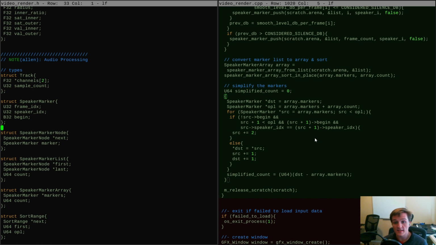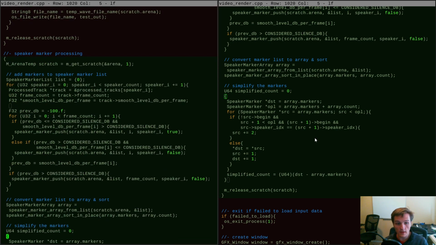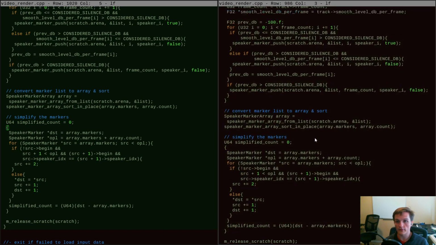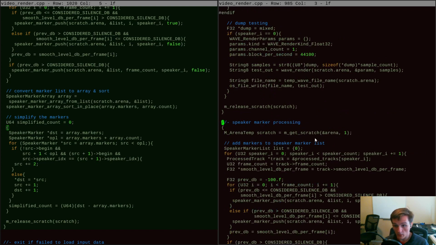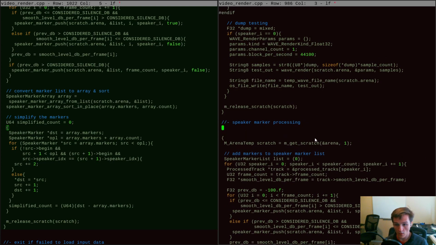Okay, so we've got that, but I still need to be able to use it, which means now what I want to do is use this to build a is this speaker speaking buffer for each speaker. So what we're going to do is say